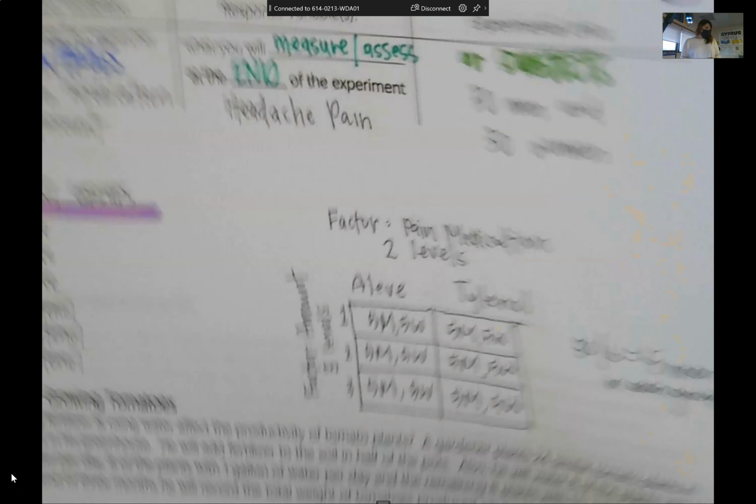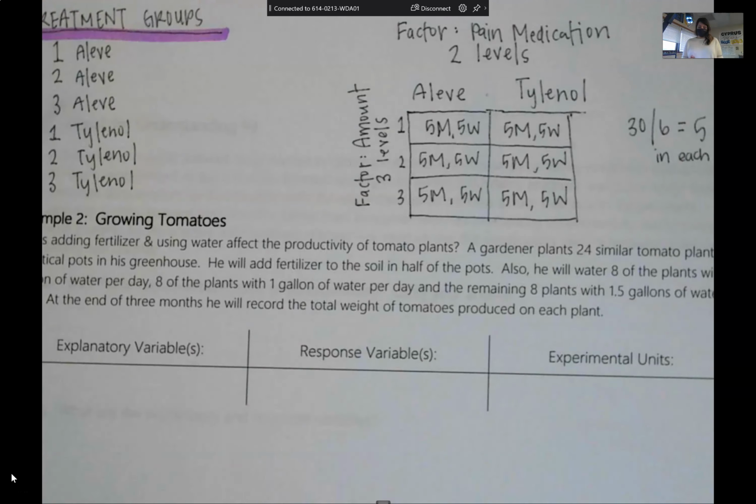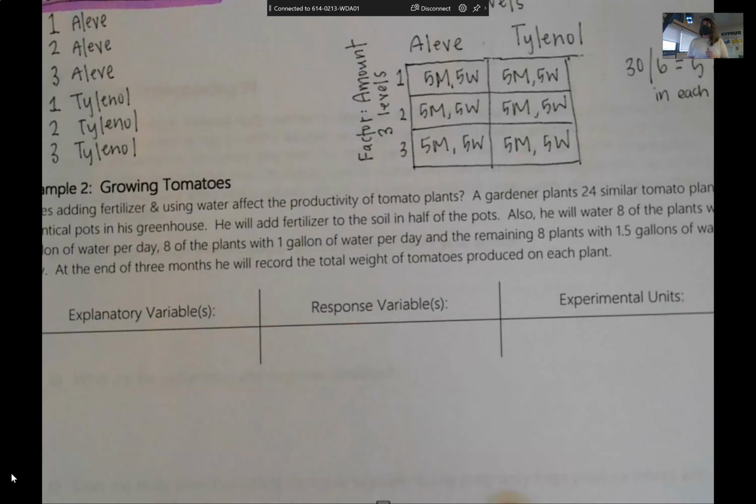So next one is growing tomatoes. Very similar. Does adding fertilizer and using water affect the productivity of tomato plants? A gardener plants 24 similar tomato plants in identical pots in his greenhouse. He will add fertilizer to the soil in half of the pots. He will also water 8 of the plants with half a gallon, 8 with 1 gallon, and 8 with 1.5 gallons each day. At the end of the 3 months, he will record the total weight of the tomatoes produced